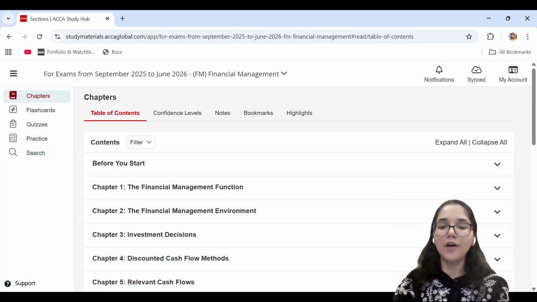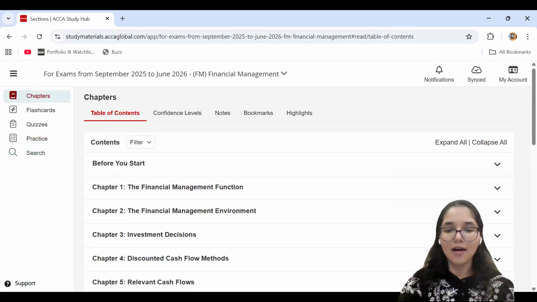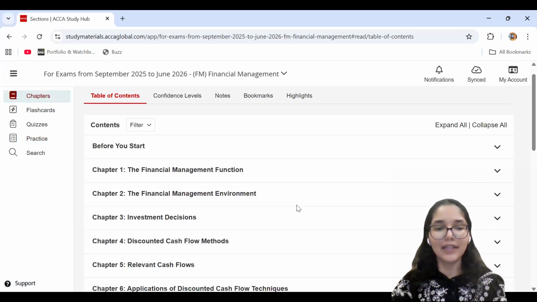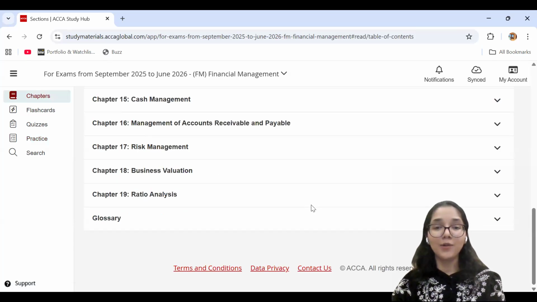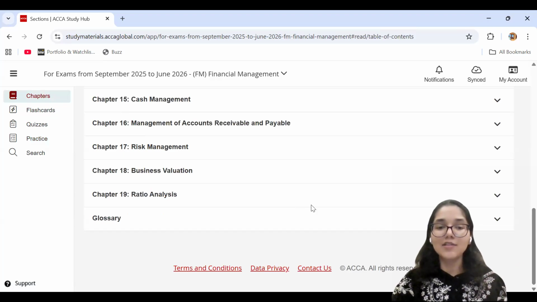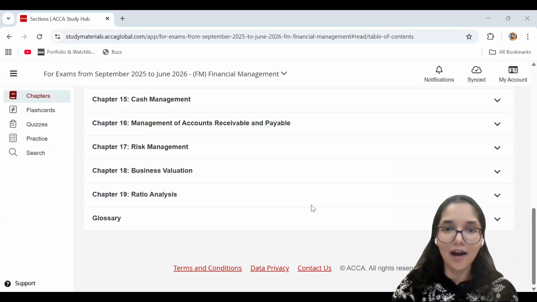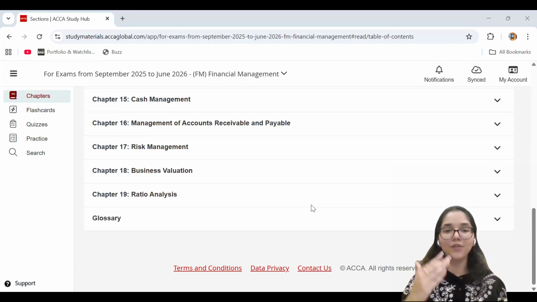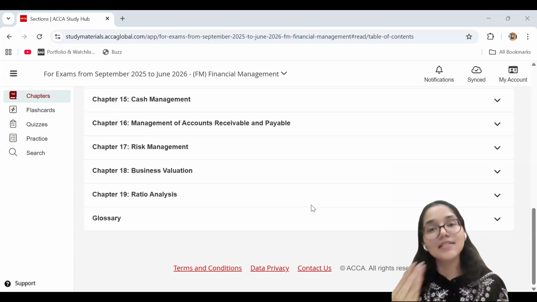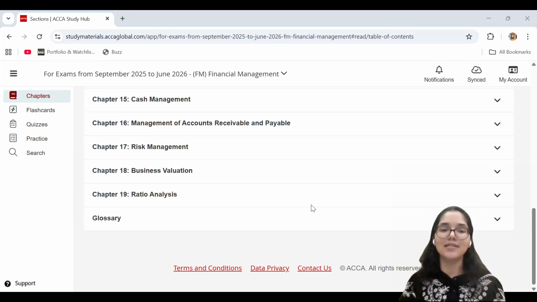So the very first chapter which we are going to get started with is going to be chapter number 19. You might be thinking, and rightly so, why are we starting with the last chapter of the syllabus? We have 1 to 19, 19 is the last. Why are we starting with the last chapter? That must be the question that you're getting.